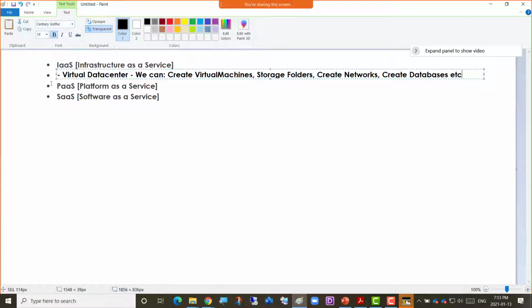Now, other than that, there is PaaS, or platform as a service, where you don't have to worry about creating virtual machines or installing an operating system, but you deploy applications. So this is for programmers who are deploying applications and doing customizations, right?